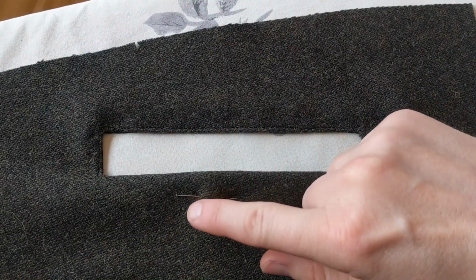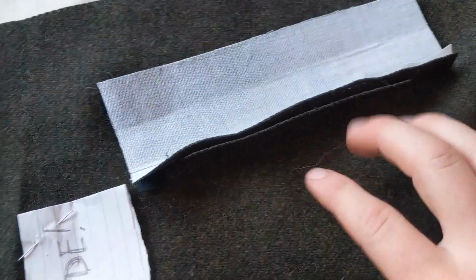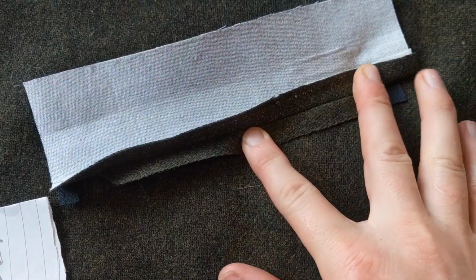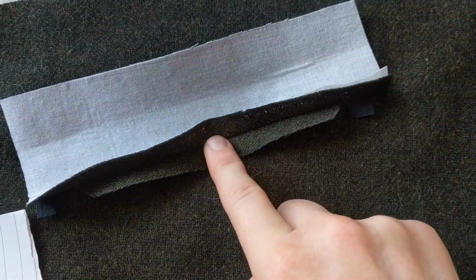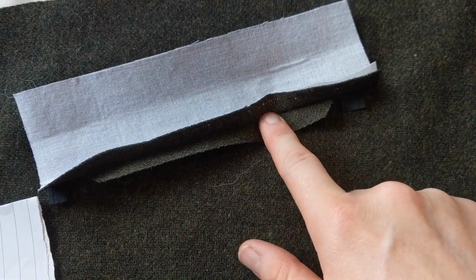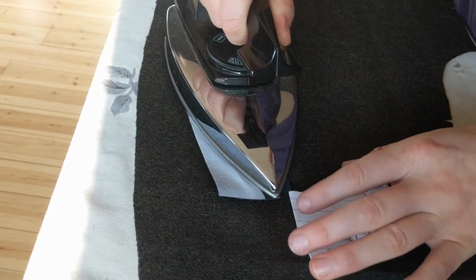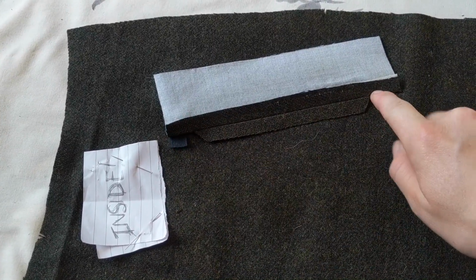And now we're going to do the part where we actually make the welt. I'm going to turn this over. We're back on the inside, and we're just going to press this nice and open so that it'll lay flat once we fold this over. If you don't press this, then you risk getting a kind of wibbly welt once you do the next step, so don't skip this step. Okay, she's all pressed and flat,